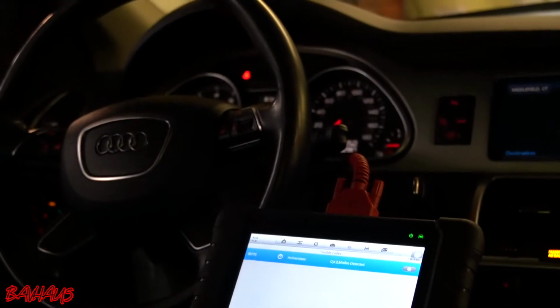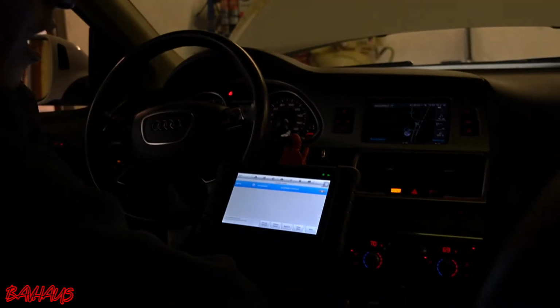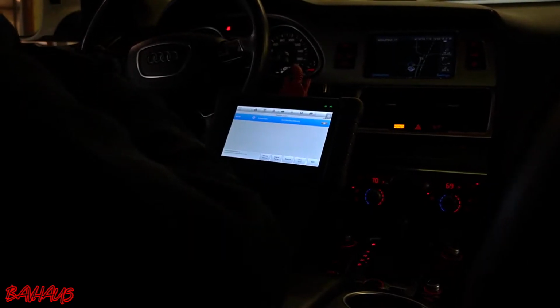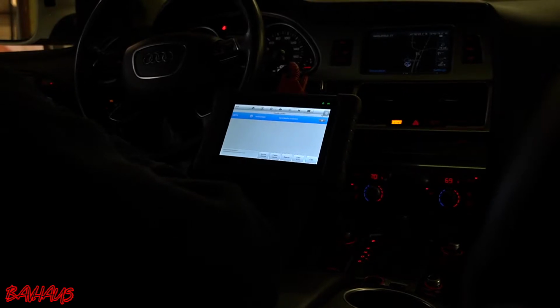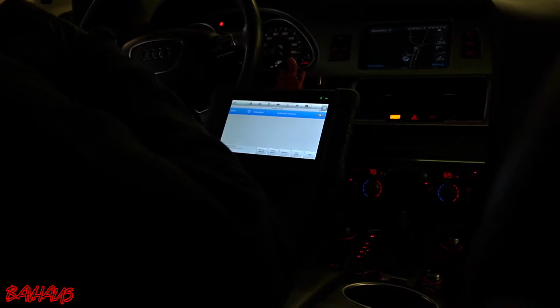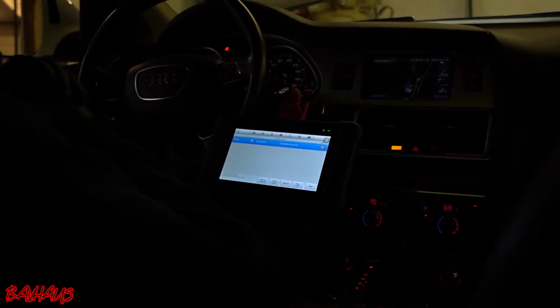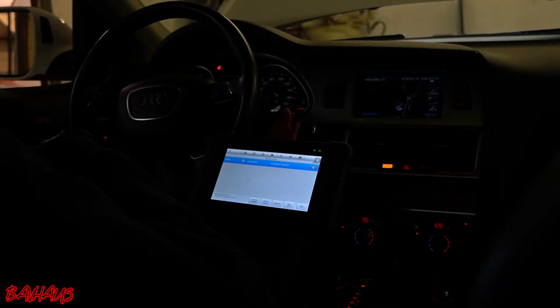And then we're actually going to do a running compression test, which isn't entirely recommended if you don't really know what you're doing, but if you follow exactly what I'm doing, it is safe, it is fine. And that's going to be what tells us if there's valve train issues. So once we get this thing back up to temp, we're going to take out all of the spark plugs and all of the coil packs, and when you do a compression test, you want to remove all of the spark plugs and all of the coil packs, not just the one you're working on,